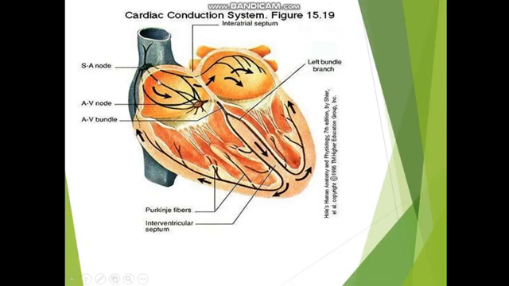There are the internodal pathways, anterior, posterior, and lateral. These are the internodal pathways, and they all impinge on the AV node, the atrioventricular node. And then from there, the AV bundle. This is the AV bundle. Then the bundle branches: this is the left bundle branch, the right bundle branch, and then it goes to the Purkinje